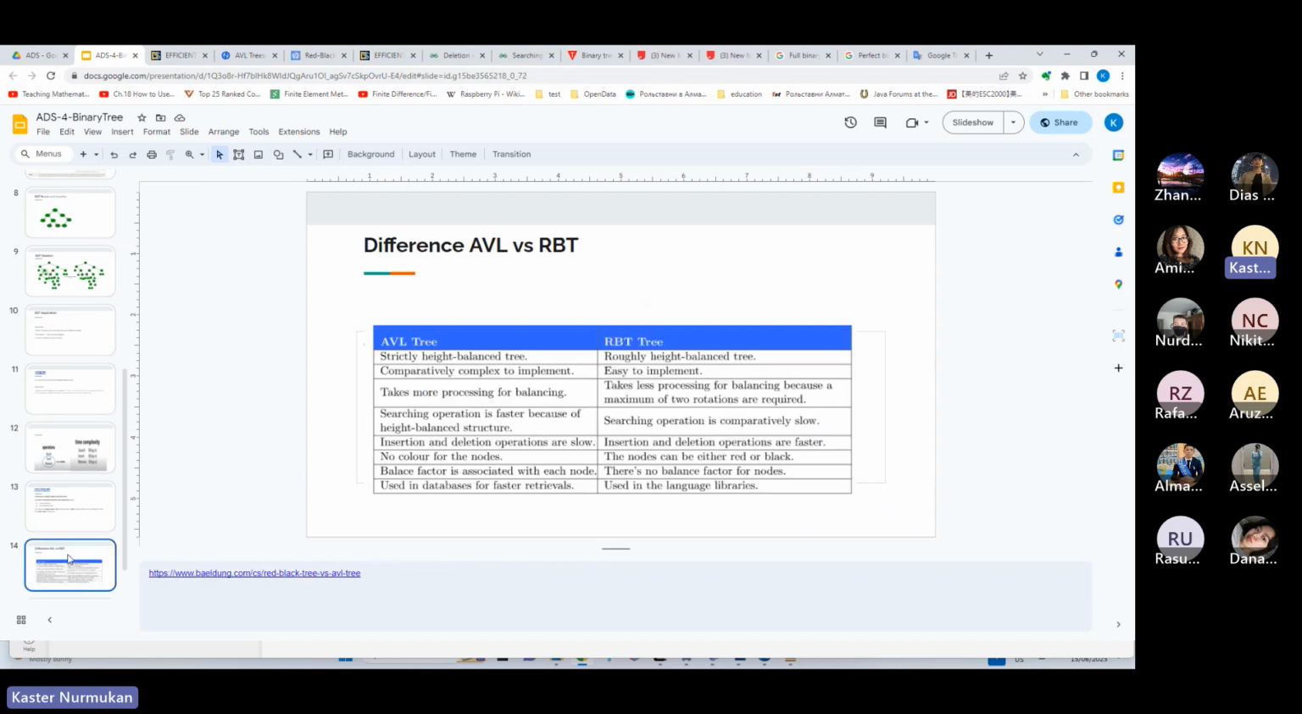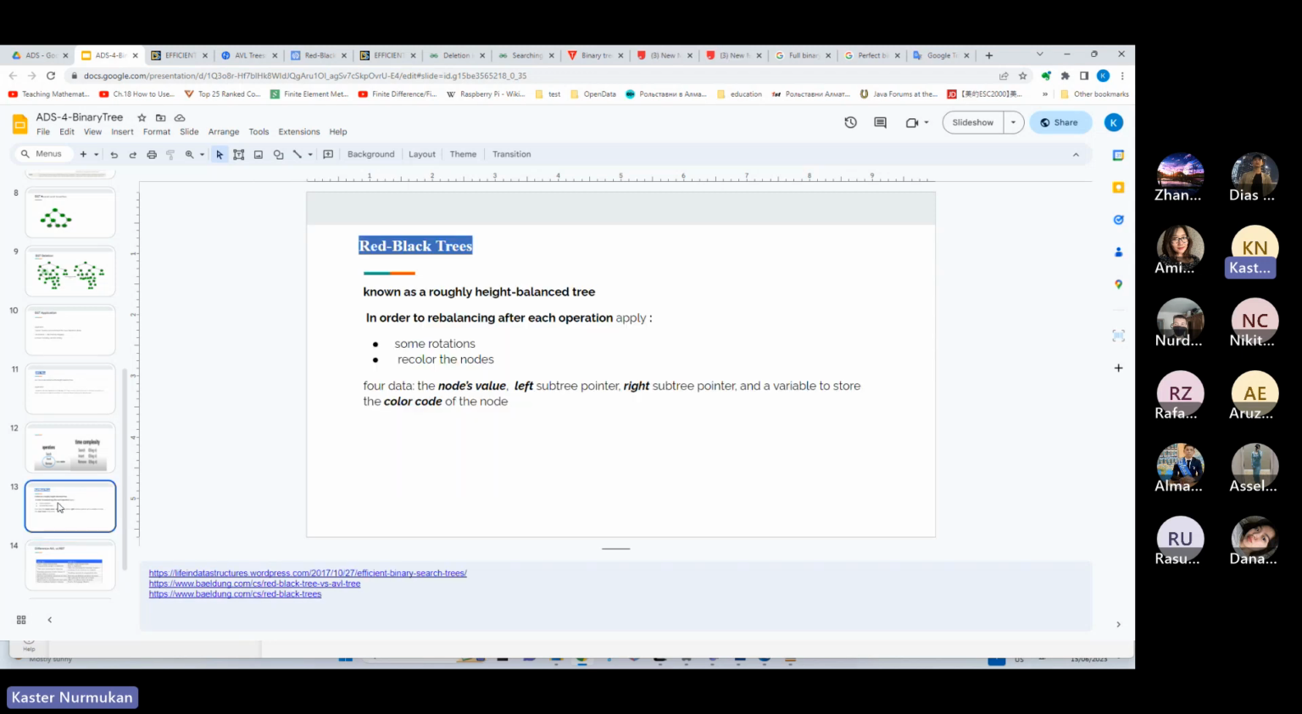I mean the BRT, red black tree, which does not tend to optimize the operation. They just try to balance the operation. So they are two different kinds of philosophy. One is trying to be absolutely balanced, but the red black tree is trying to